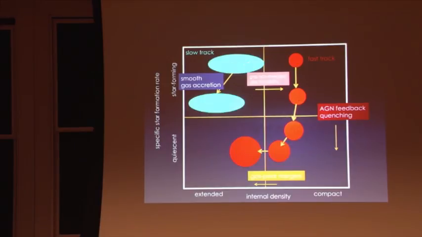So now we can put some physical understanding on this picture that we saw before, that the slow track is galaxies that are just quietly sitting around and accreting gas, but sometimes they have a gas-rich merger or a disk instability, which causes them to become very compact. But when they become compact, they feed their black hole, and their black hole starves them of gas, so then they quench, and then the next time they merge, they get fluffy. Okay, so again, this is...